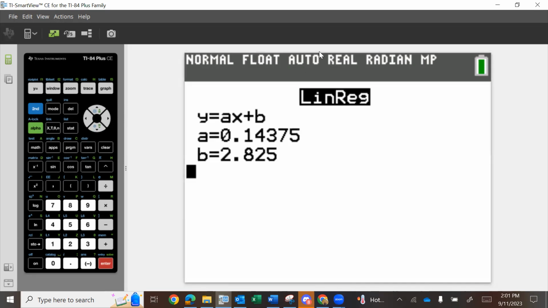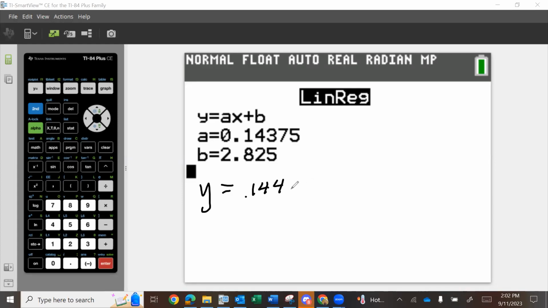If you have the R values, great. If you don't, sweat it. Now, in the homework and on tests, when it says give me the equation, I don't want you to write it out like this. I want you to write it out like an equation. Up here, the first thing you see is the template. It's y equals ax plus b, where a is